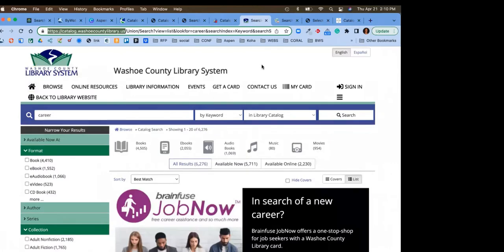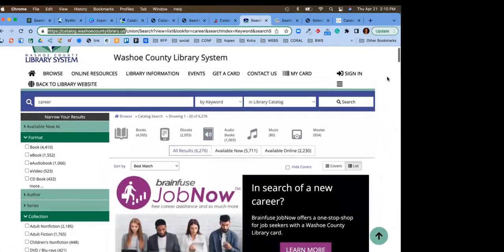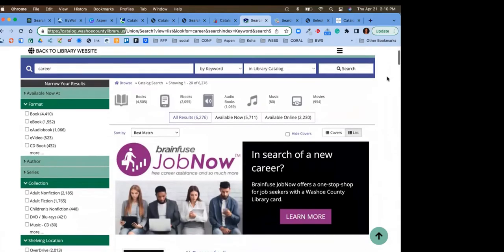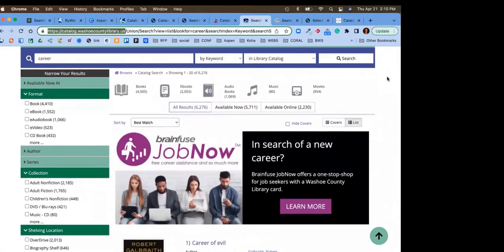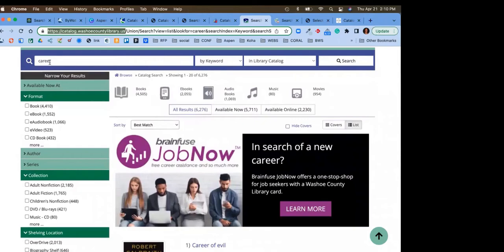The next example we're going to show off here is Washoe County Library System, and they're located in Reno, Nevada. And one of the really cool features of Aspen is the ability to create placards. So here you're going to see I performed a search for career, and this actually brings back a little placard for their subscription that they have for BrainFuse. And that takes them to JobNow, which is a place where job seekers can search and find resources for career assistance. Maybe they're creating a new resume or they're looking for a new career path. But this is a